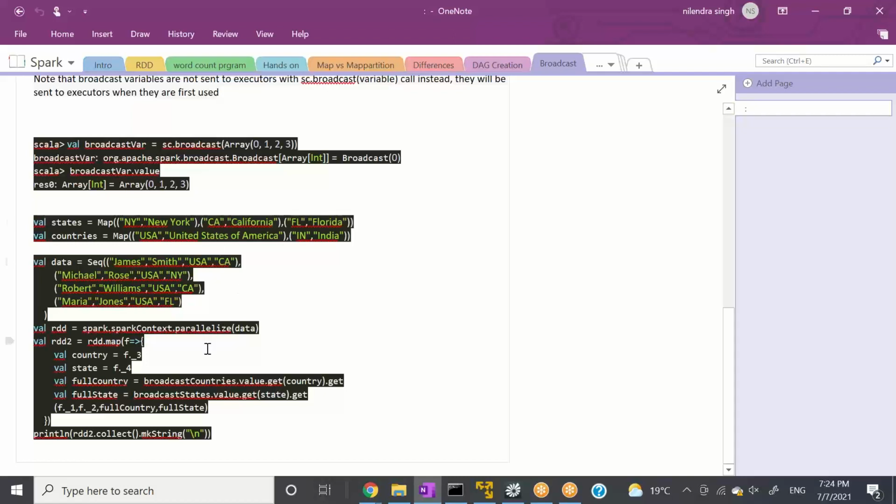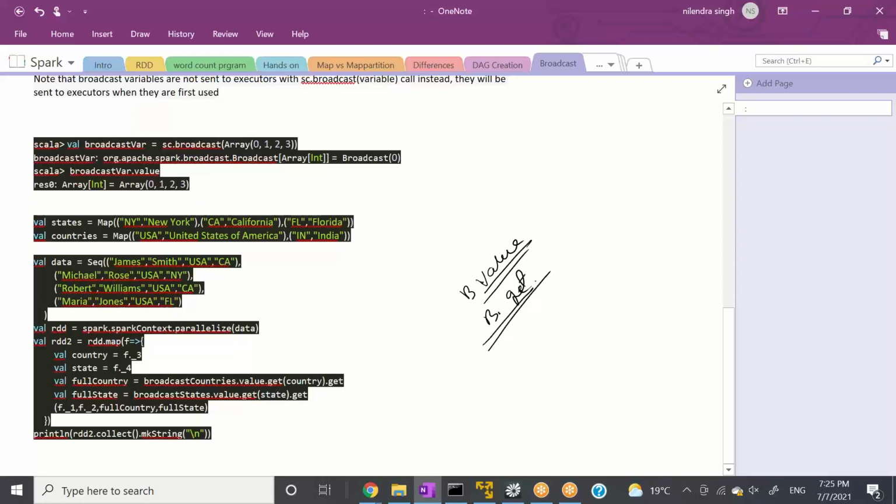So what I did here is I broadcast both my country map and state map. Then there are two functions in broadcast. The first function is called value, like b.value, it will give you the value. And the second function is b.get.